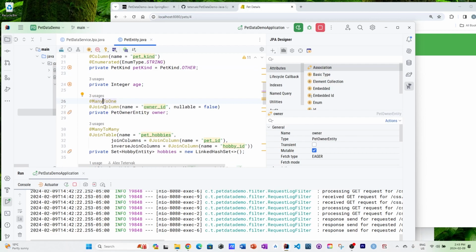This is many to many. This is not necessary, but if you specify it, it will be explicit. Also the join table. These parts will be generated by default